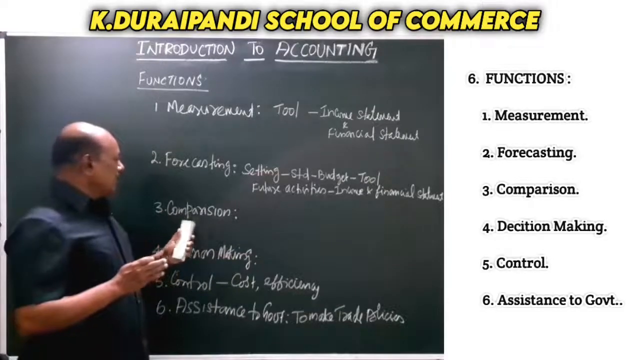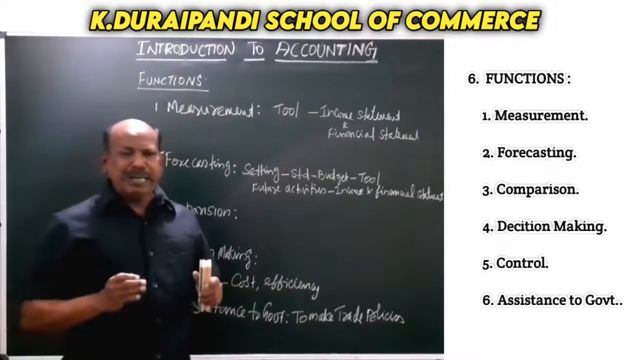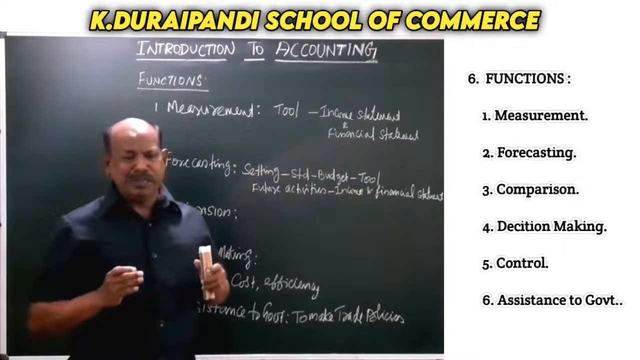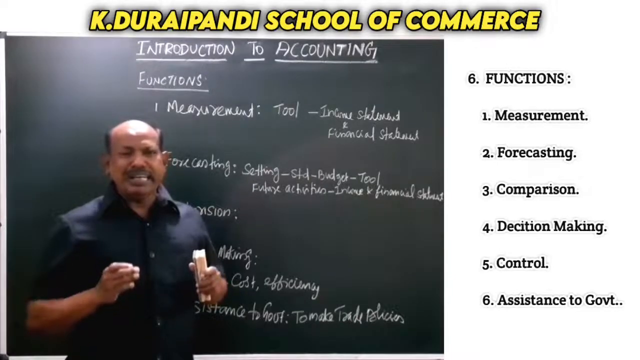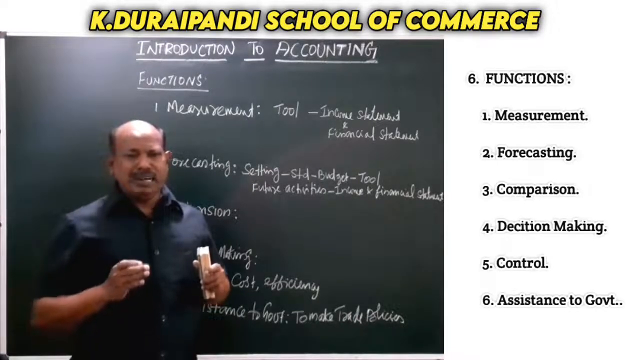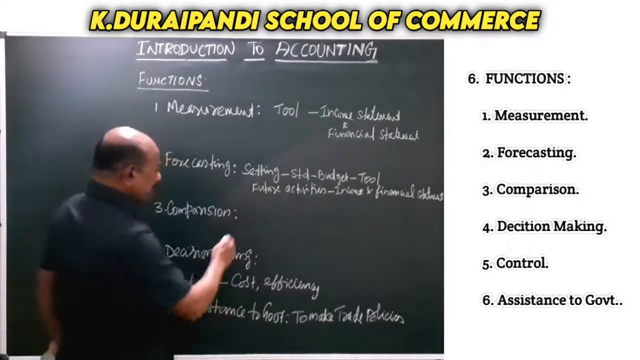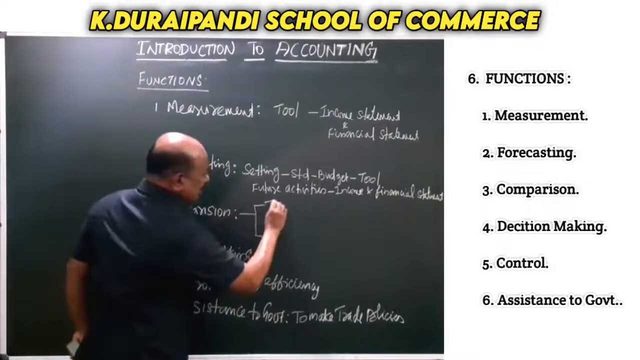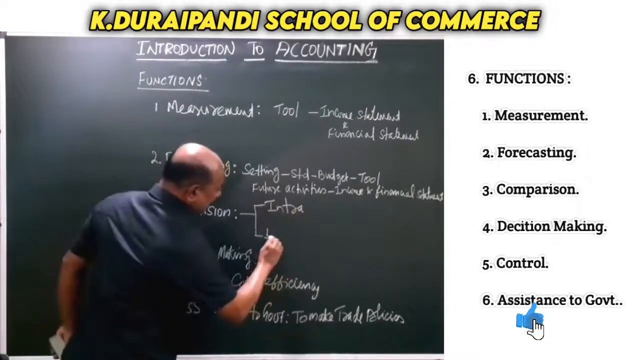Next, comparison. Comparison means comparing our activities. The comparison of our activities is of two types. One is intra-comparison, another one is inter-comparison. What is intra-comparison and what is inter-comparison? Here comparison is of two types. One is intra-comparison and